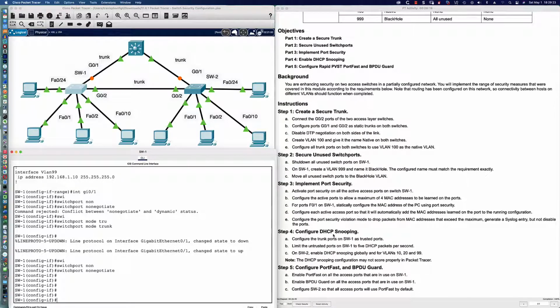So the DHCP snooping, configure the trunk ports on switch 1 as trusted ports. So again, all of step 4,